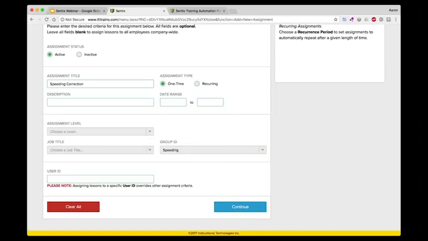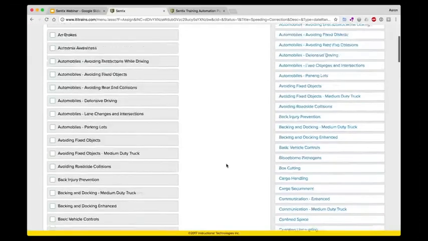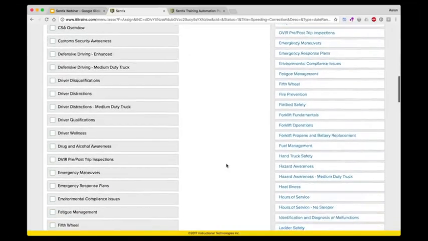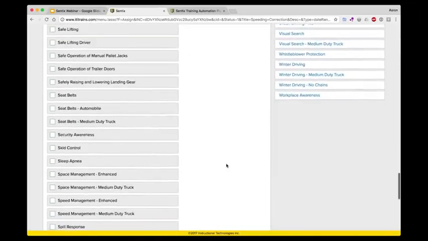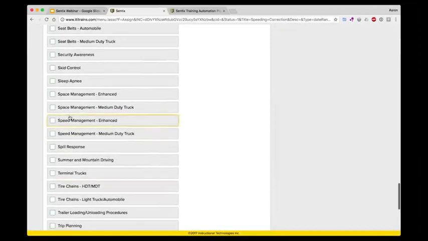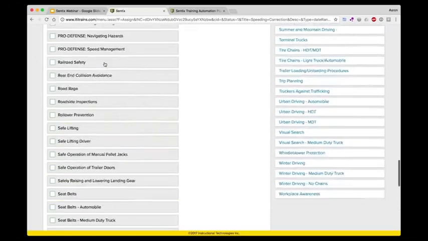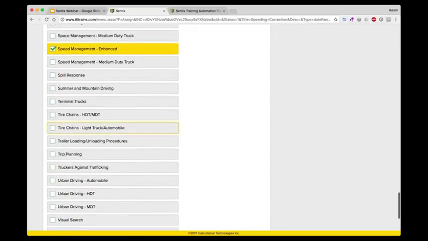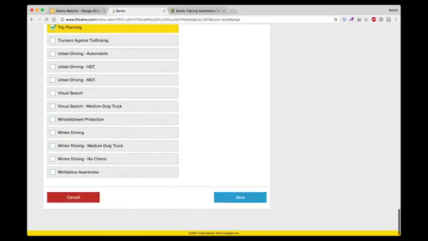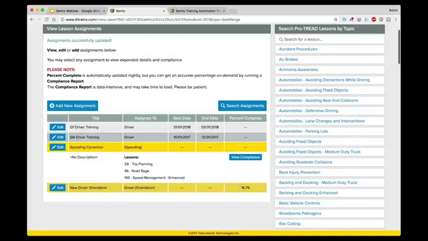I'm going to pick my speed management, and we'll pick road rage as well. You never know. And trip planning, because somebody needs to do a little bit better about that. Now I save that, and now anytime I have an individual with a little bit heavier foot than they probably should have